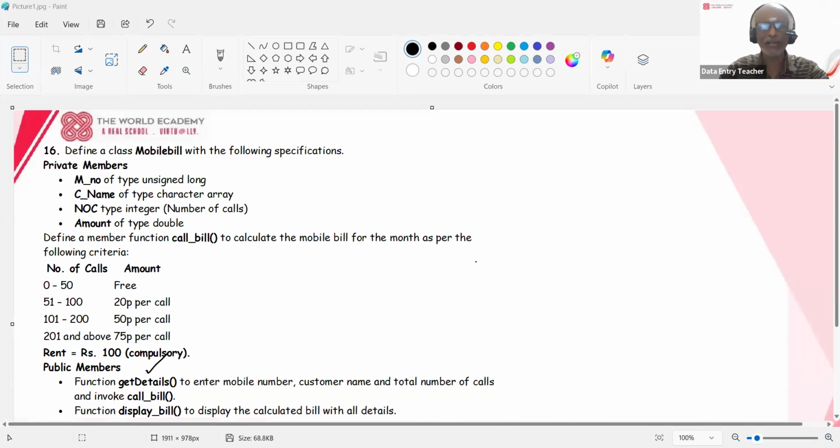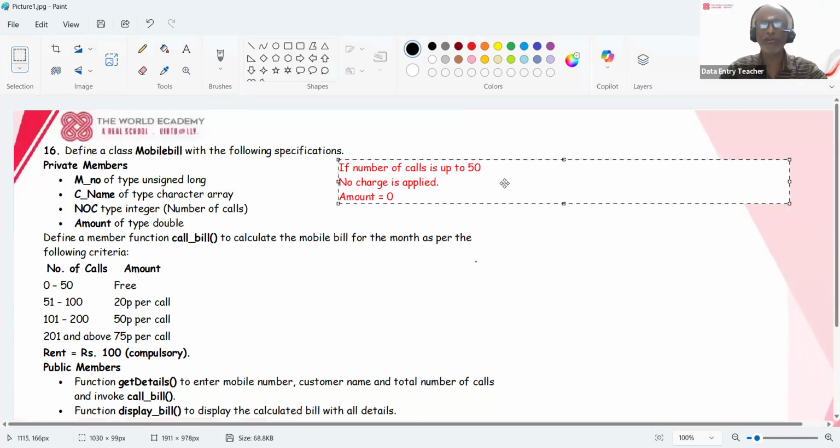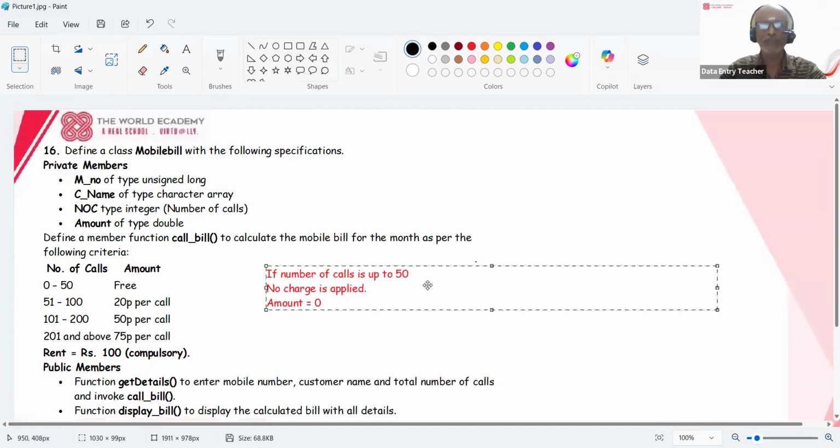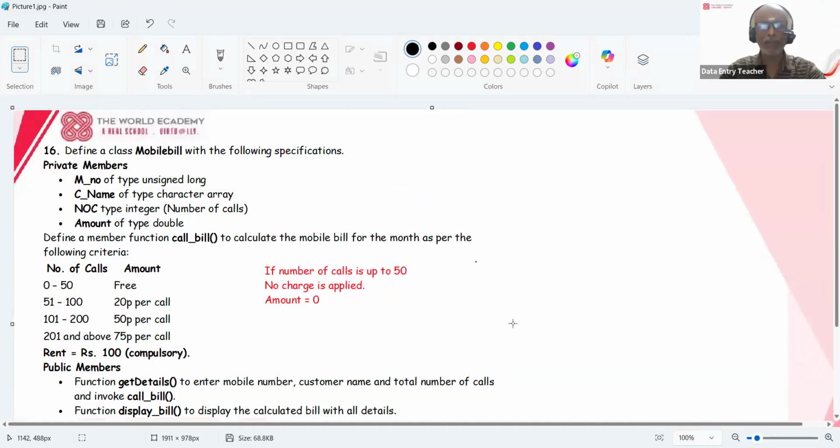So first, let me tell you how to calculate the amount. You see here, I'm putting it one by one. Now if the number of calls made is up to 50, no charge is applied, the amount is 0, but the rent is 100, which I will be adding later. Now suppose the number of calls is between